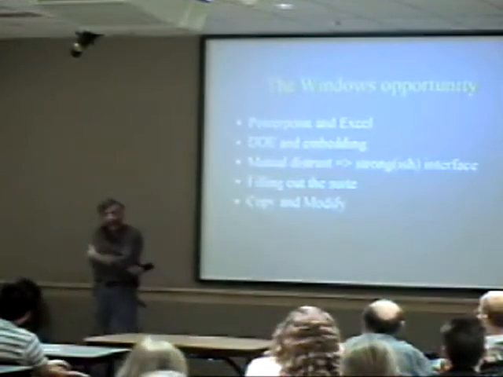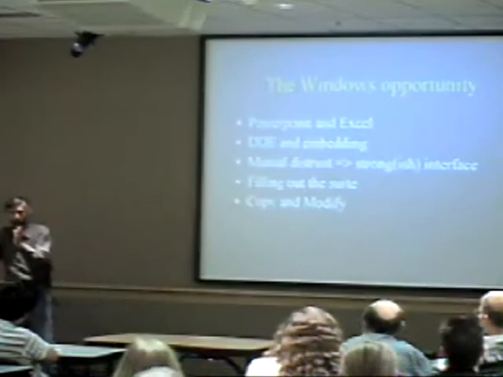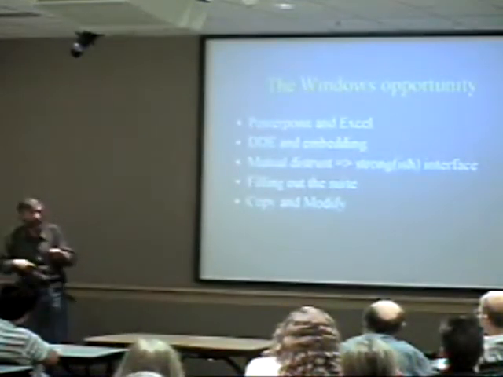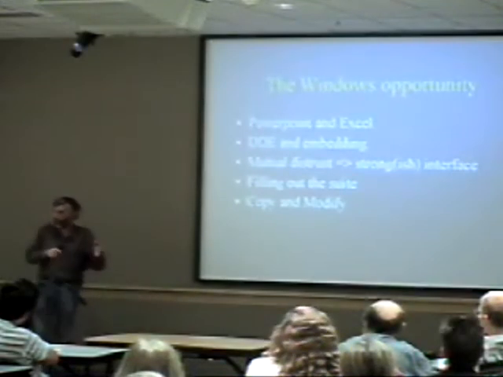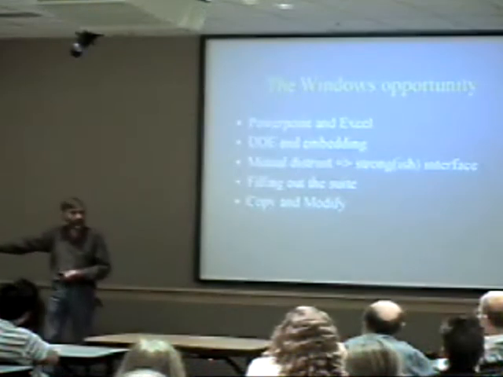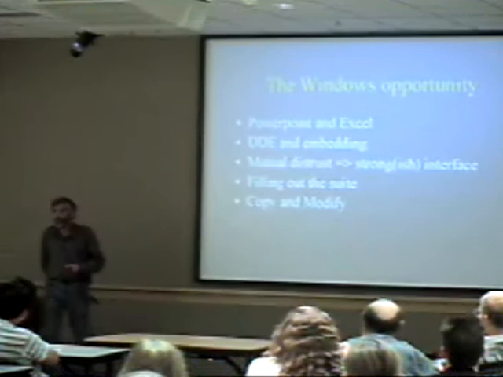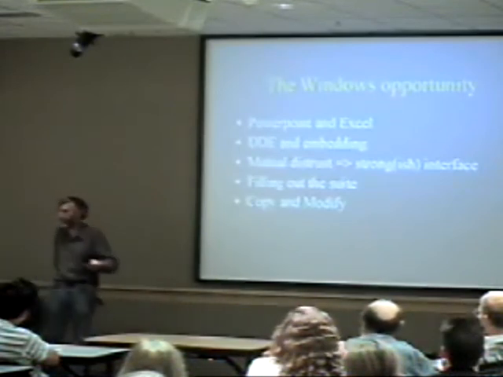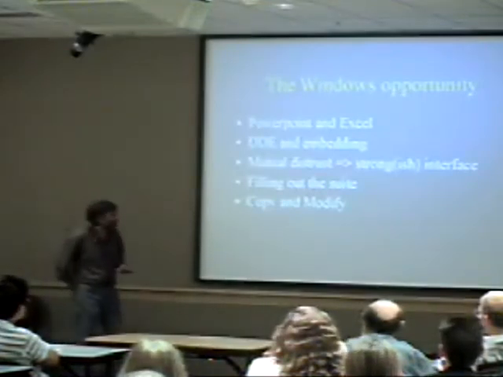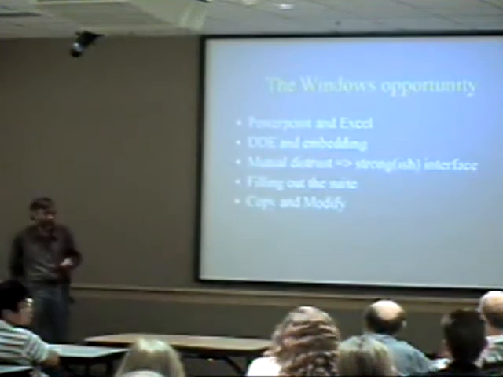So they spent some time figuring out, okay, what the Excel group would do was build a cut-down Excel that just did graphing and didn't have all the spreadsheet functions. And PowerPoint would implement some code to talk to it through this dynamic data exchange so they could get the graphs into the PowerPoint slides. And that way they could sort of keep their mutually distasteful code at arm's length. And one of the observations I make in hindsight is that this environment of mutual distrust leads to a very strong interface definition. Okay? And we might bear that in mind when trying to do this kind of thing in the future. Is this where DDE came from?